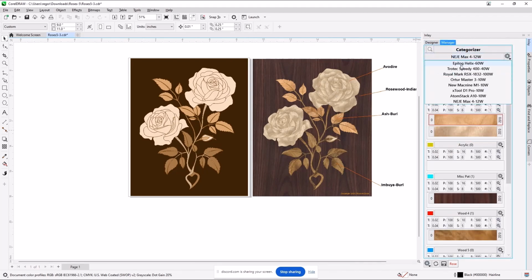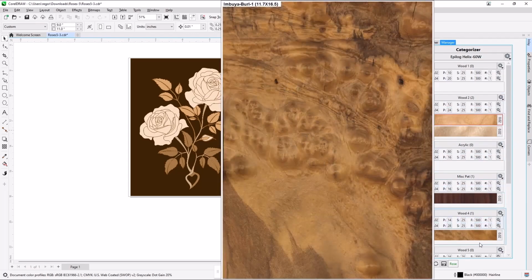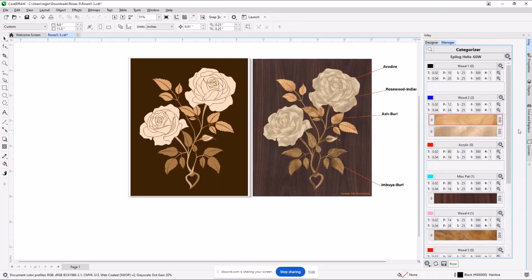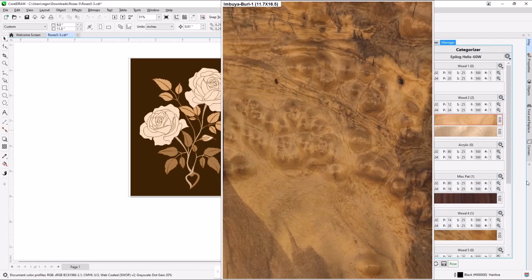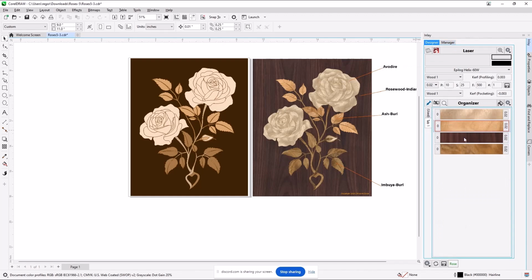No, I did that right here. If this is the wrong thickness, you can go in and fix that by editing it. You'll notice that I have the veneers appearing in different categories and locations. For whatever reason, when Vincent brought them in his environment, wood 2 was probably soft, and miscellaneous pattern in my case was probably medium hard, and then something else. They come in with different settings specified for how to cut them. Those settings you get to set per wood group under these conditions here. But right now, I'm not going to worry about it because the important thing for the designer in me is that they're available, I can go.